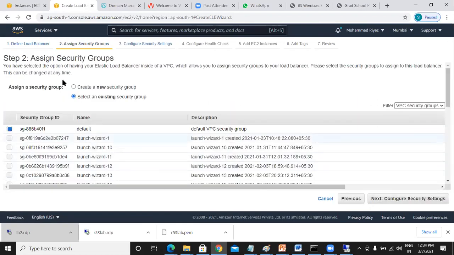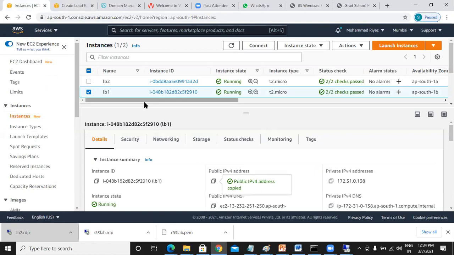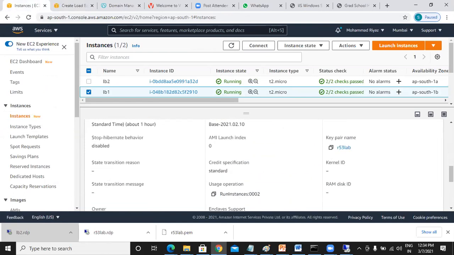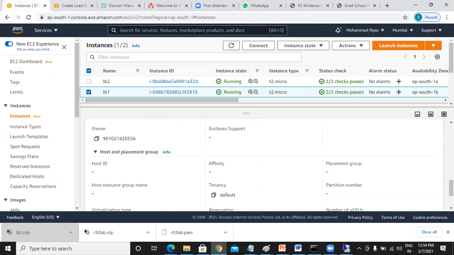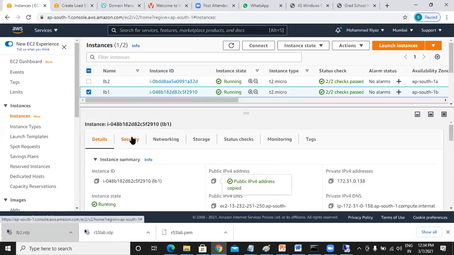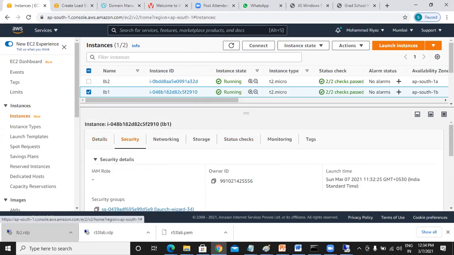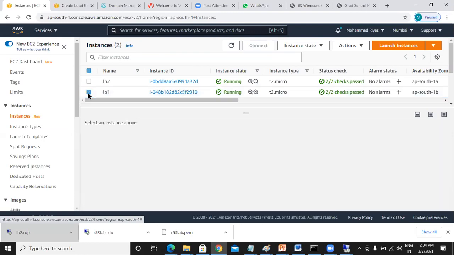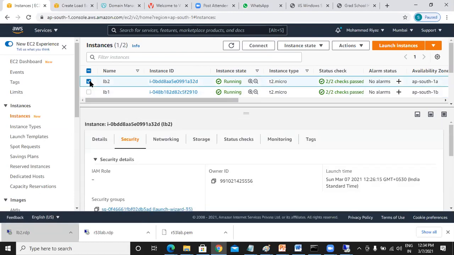It's asking for the security group. So I can see here what security groups have been used. If I go here and scroll down, launch wizard 34 is one security group, and the other one, launch wizard 35, is the other security group.